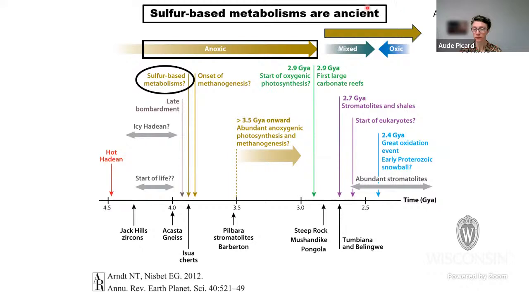And if we look at the time after oxygen started to be produced biologically and took over in the atmosphere, we still have a significant amount of environments that are anoxic, that are important for the global biogeochemical cycles on Earth. They're limited in volume now, but they still remain significant in terms of the mass of sulfate, sulfur, iron, and carbon that can pass through the cycles.